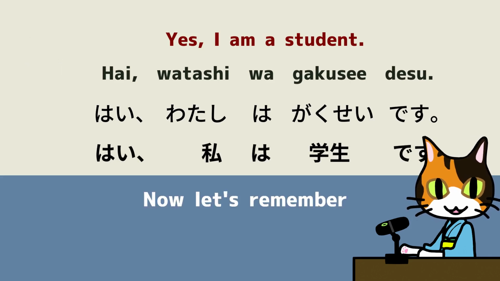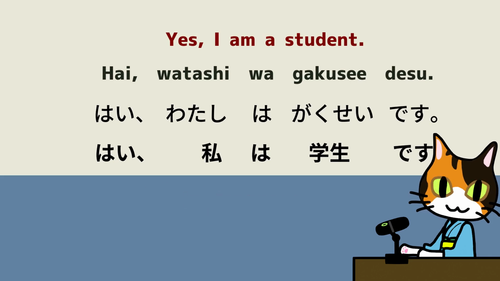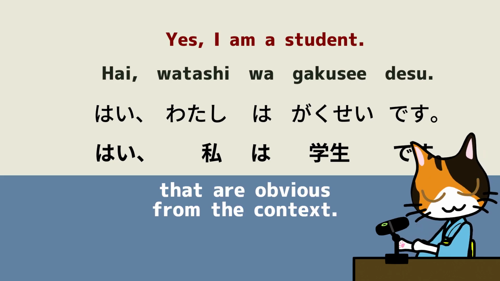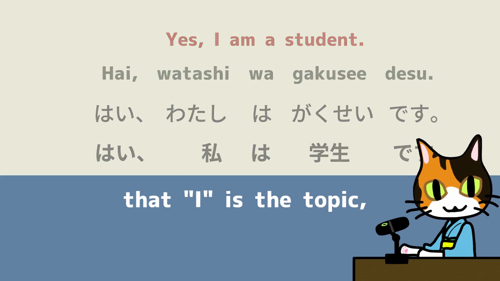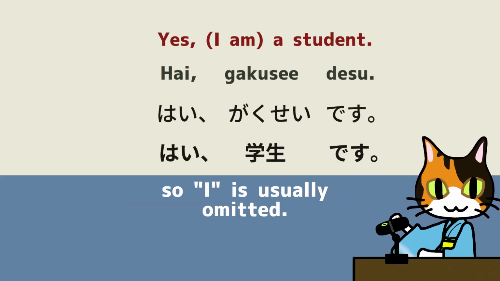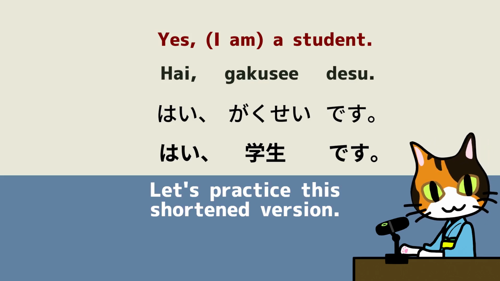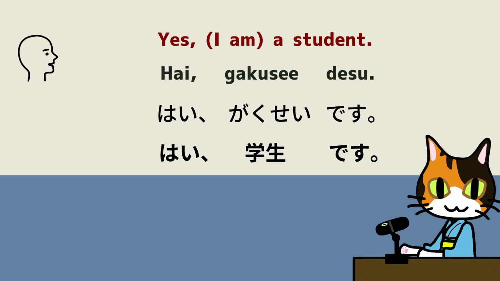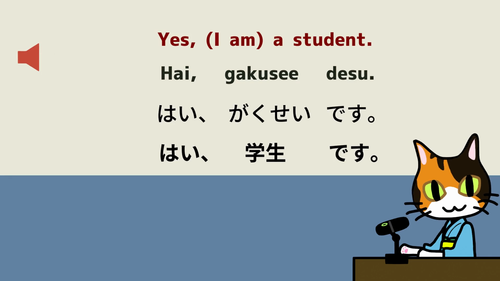Now let's remember what we learned in the last lesson. In Japanese, it is common to omit elements that are obvious from the context. Here, it is clear that I is the topic, so I is usually omitted. Let's practice this shortened version. はい、学生です。